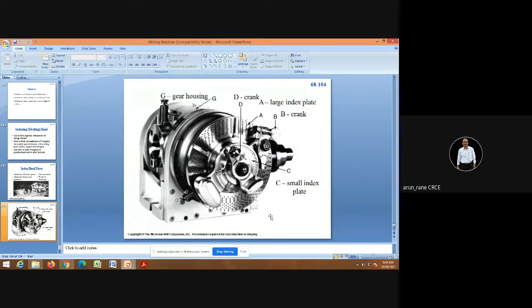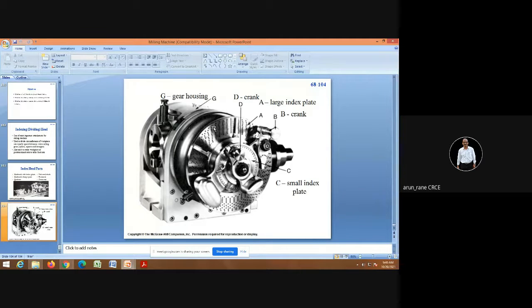So this is how your dividing head will look. Okay. Of course, the question will not be asked like explain the construction of the dividing head and working. Only if it is asked for 2 marks, then just what is the use of dividing head? You have to just explain that it has worm and worm wheel, and it is used for indexing. So any type of indexing, like suppose if you want to index 1 degree, 2 degree, or even if you want to index half degree, it is possible through the dividing head.